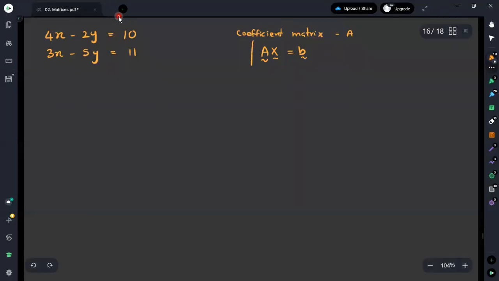Therefore, first you have to transform your system of linear equations into the equivalent matrix format. To transform your set of equations into this form, first you have to align the same type of variables in the same column. Here I have aligned the x variables as the first column and the y variables as the second column, and I have taken all the constant terms to the right-hand side of the equation.